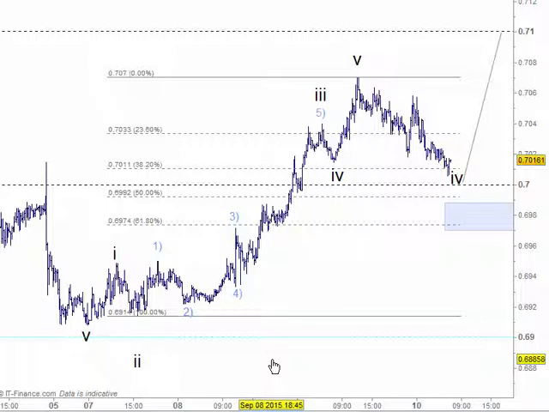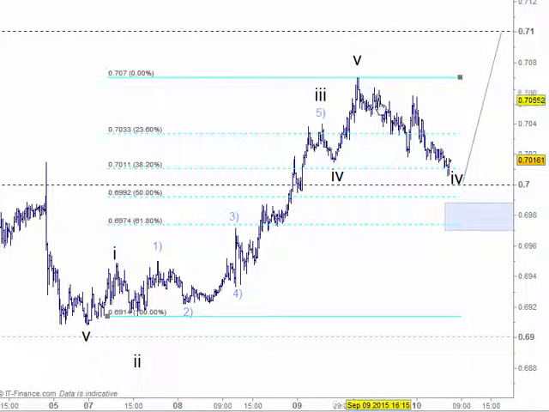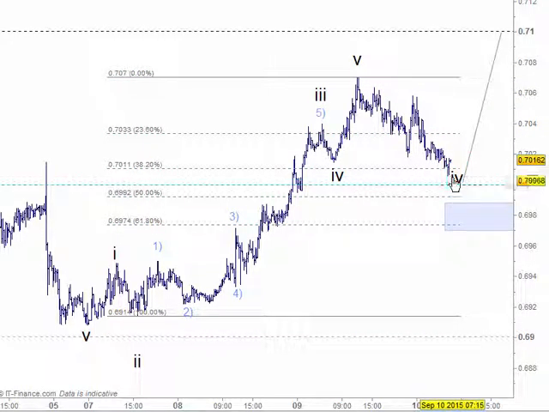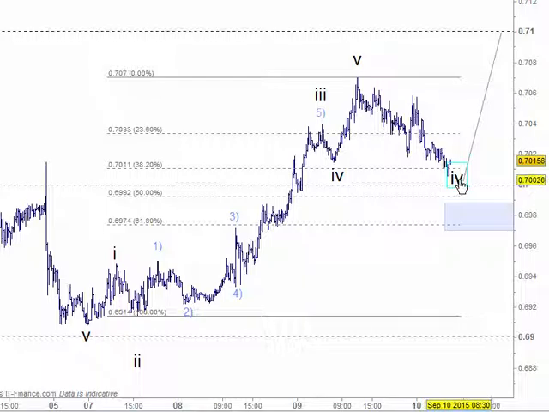Now, a couple of things here. First of all, the move down from the high, if we forget all the labeling for a moment, there are actually 5 waves in the first wave, then we have this corrective wave, and then another 5 waves. So there may be one tad more low here. I haven't pulled out wave 4 here, but that is very close to being an A wave, a B wave, and a C wave ending here,